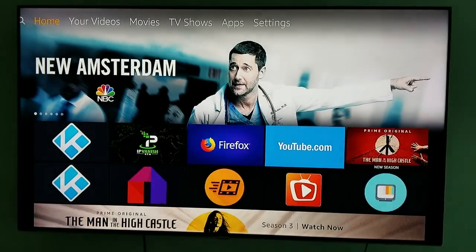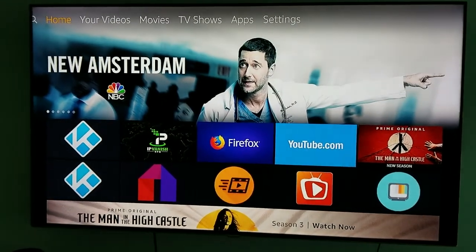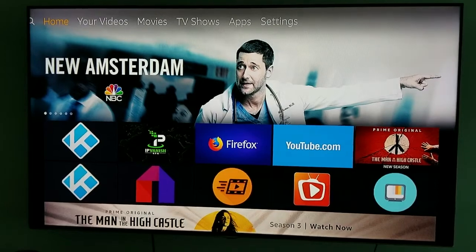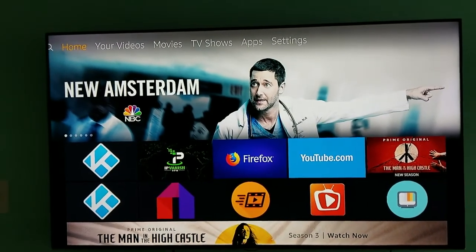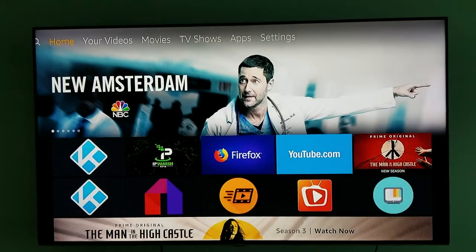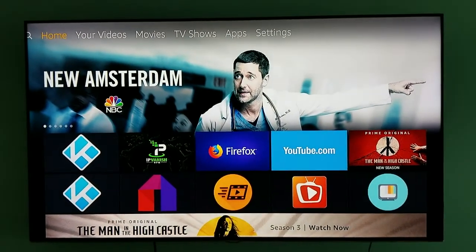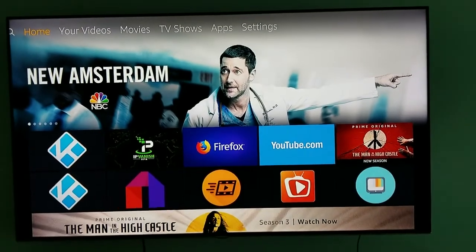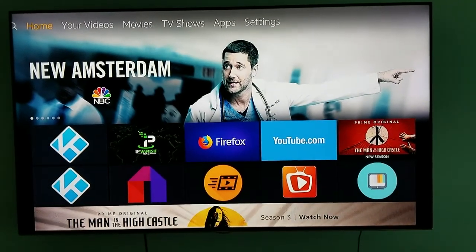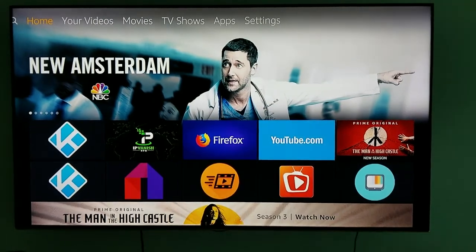So first off, when you plug in your Fire Stick, you're going to be asked to log into your Wi-Fi network. Go ahead and log in with your credentials, and then the next thing it's going to ask you for is your Amazon credentials. If you don't have an Amazon login, go out to Amazon.com and create a login. It takes about 2 to 3 minutes to do that, and then once you've logged in, you'll be taken to